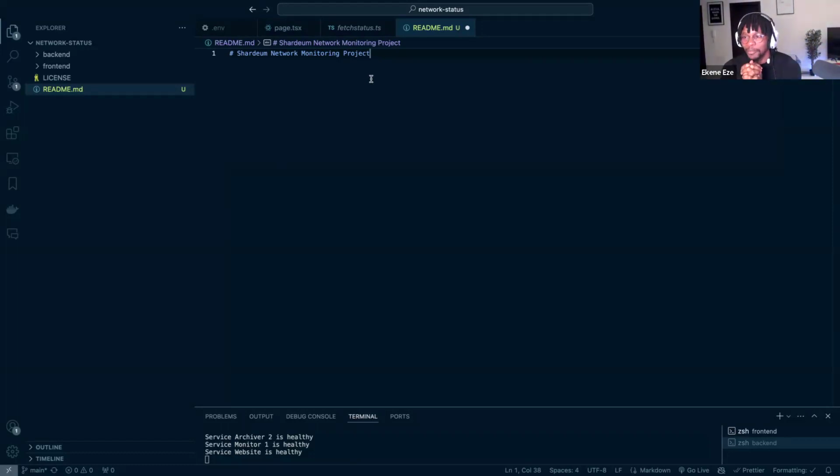So writing a README is basically just writing a documentation telling somebody else everything they need to know about that project. And since we've done that, seen that it has a front-end Next.js part that fetches data from Prometheus and displays the data of if the services are online or offline. And then the backend is a Node.js server that makes a request to those services we are monitoring every couple of minutes to check if they are still online or offline. So with that understanding, we can just come here and write a README like this project.